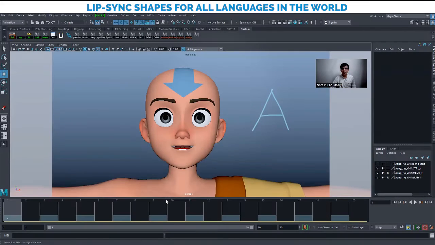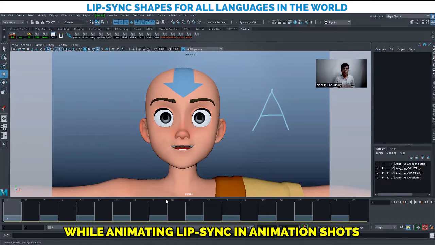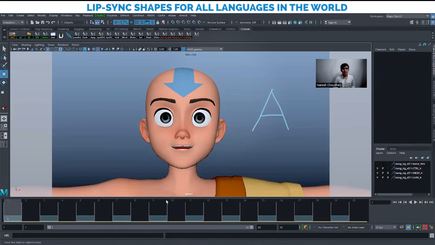Welcome back to my YouTube channel. In this video today I'm going to share with you the lip sync shapes for animation. You might be struggling with creating the shapes of the mouth while animating the lip sync in your animation shots, and today I'm going to share the lip sync shapes which can help you animate any language